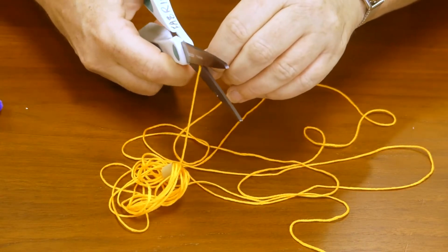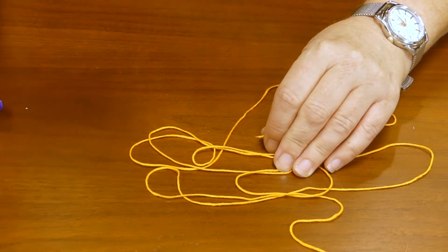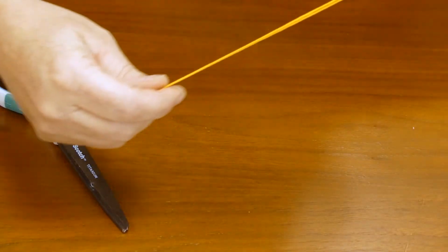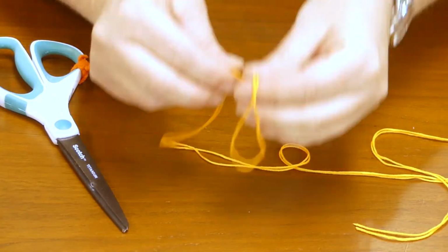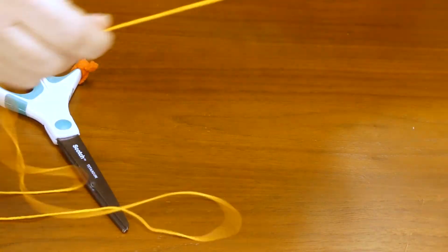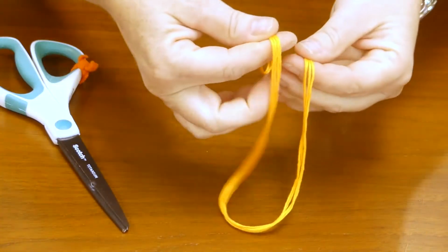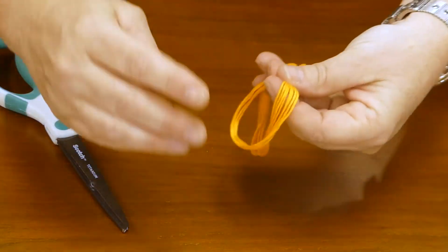And you're gonna want nicer scissors than just kind of crummy scissors. These are sewing scissors, fabric scissors, because the embroidery floss needs a sharper blade for it. All right, so then I've already got a knot in this. So I could tell you that you want to make about 6-inch long strands, or again, you can just kind of estimate,